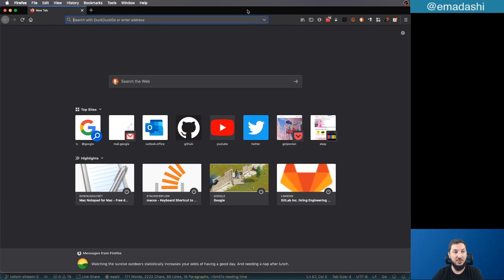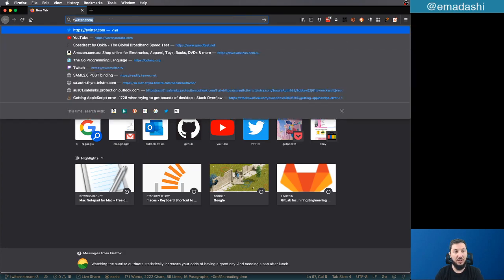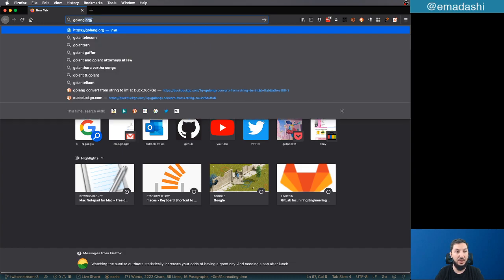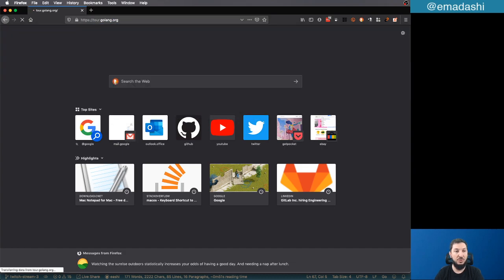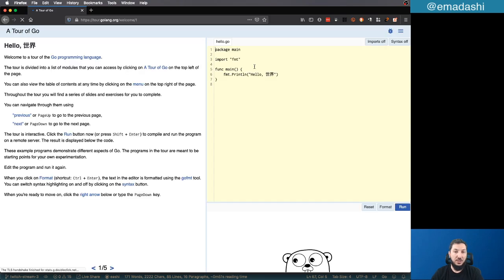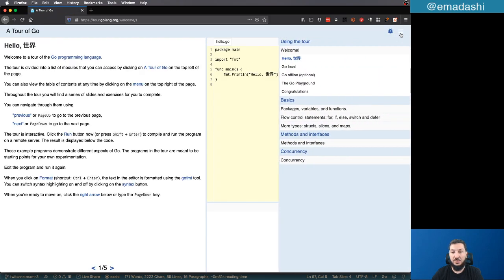It's alright if you cheat. No one will judge you, I hope. So there's the Golang tour. And I remember, because I'm rusty,